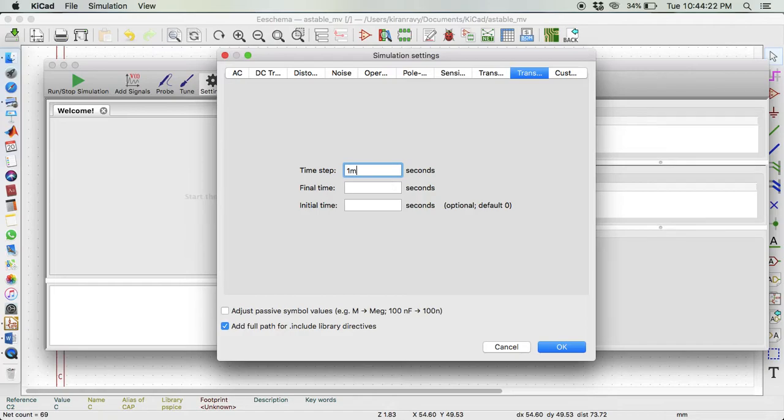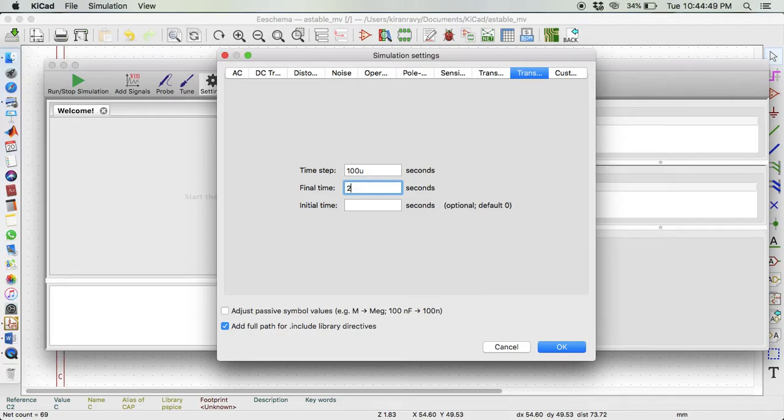So time step can be 1 millisecond, but if you give 1 millisecond of the time step, it will be too small for this. So let's give 100 microseconds. Final time maybe some 100